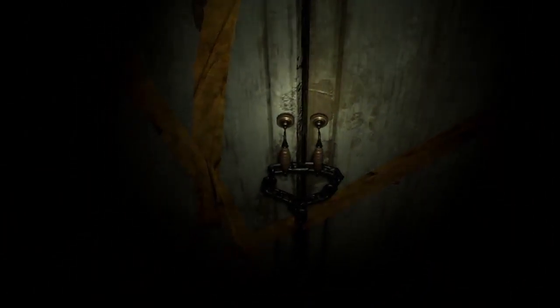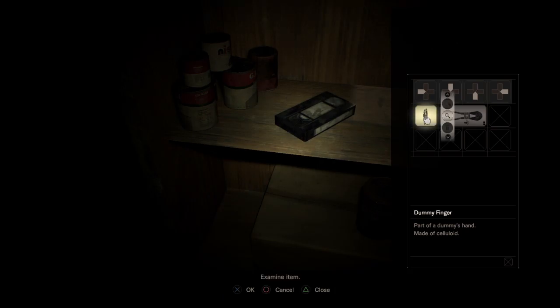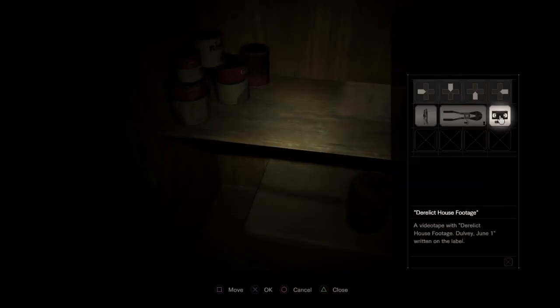So what we're going to do first is I'm going to try to stop the VHS tape. Wait a minute. Can I use the dummy finger on it here? No? Okay. Anyway, supposedly...